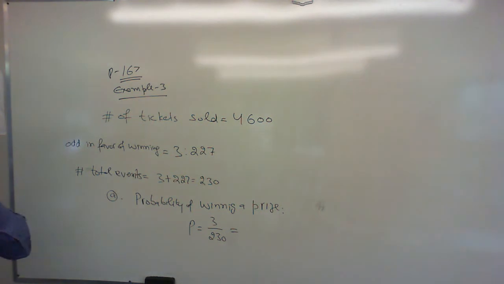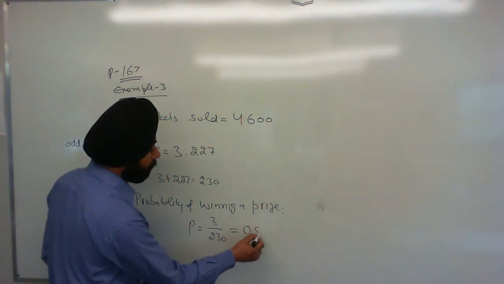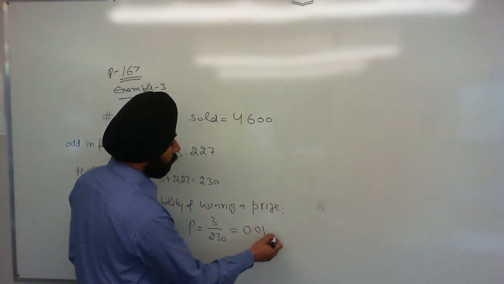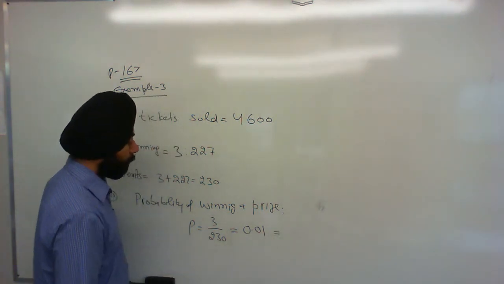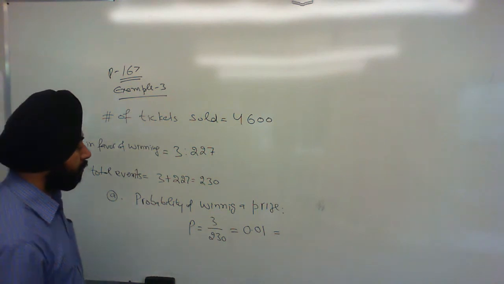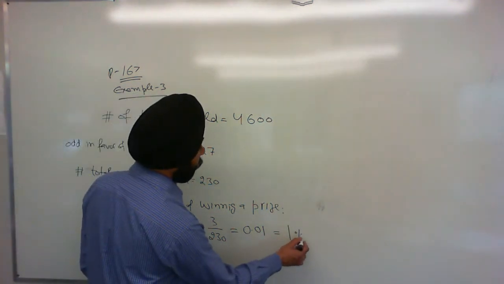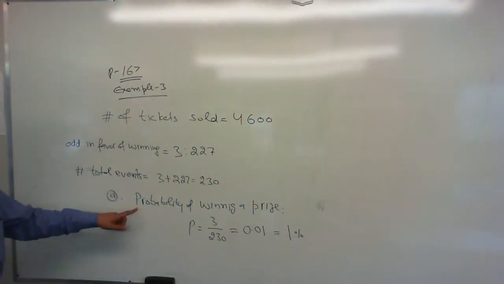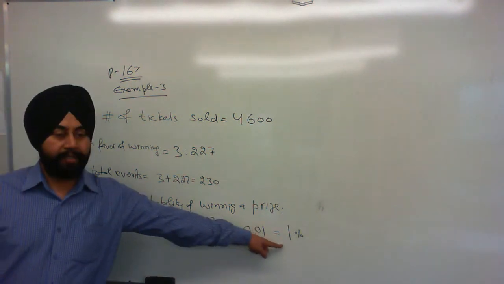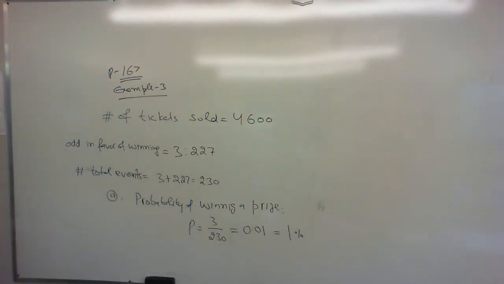What's the decimal number when you divide this? 0.01. So when you change this into percent, what will that be? 1%. So the probability of winning a prize is only 1%. Right? That's part A. Part B is